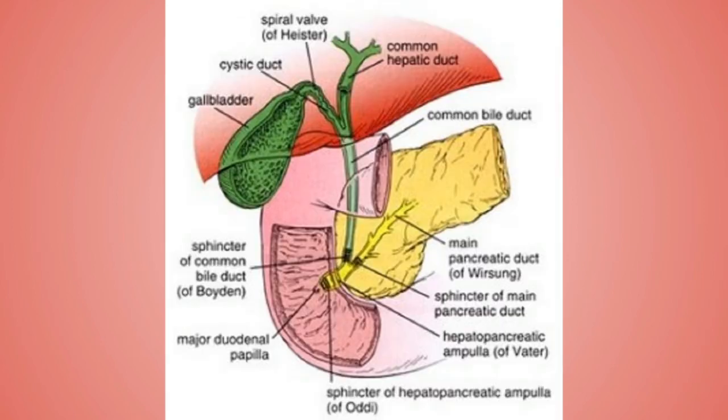Now a very important part, that is the bile duct. This is the bile duct, which is formed by the union of the common hepatic duct and the cystic duct, meeting at an acute angle. Now remember, in between these two ducts there is one lymph node known as the cystic node. According to its course, the bile duct is basically divided into four parts: the supraduodenal part, retroduodenal part, infraduodenal part, and the intraduodenal part.